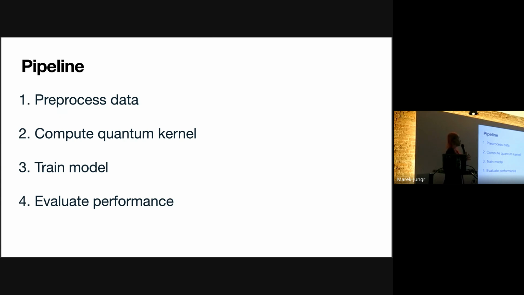I compute the quantum kernel. I end up with some matrix with a bunch of numbers, which somehow describes the similarity between the data points. And I use classical SVM to train the model, and then I evaluate the performance. And in the ideal case, I get better performance. And what I do in practice is that